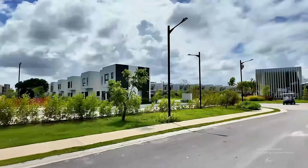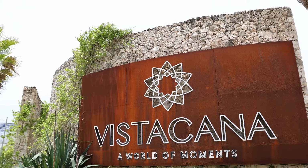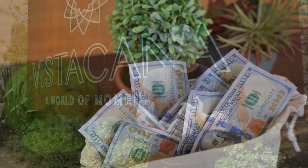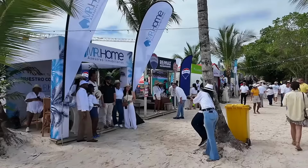Today, I'm gonna take you on a tour of one of the biggest real estate projects in all of the Dominican Republic, and I'm gonna give you an update on this tour that I did last year of this place. Vista Cana, a world of moments, it says. Look, if you're looking to invest down here, if you're thinking about moving down here, I think this is probably one of the most incredible up-and-coming communities for both. I truly believe this is one of the next premier neighborhoods in Punta Cana, and I'm gonna show you why